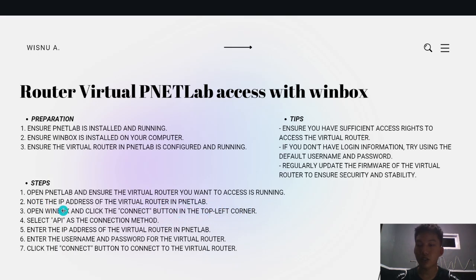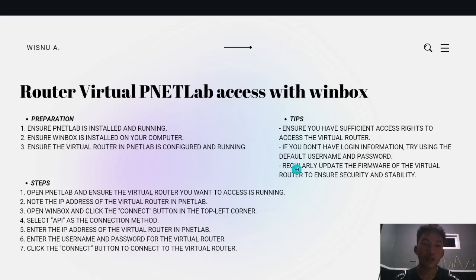Step 2, note the IP address of the virtual router in VNet Lab, then open Winbox and click the connect button in the top left corner, and select API as the connection method. Enter the IP address of the virtual router in VNet Lab, enter the username and password for the virtual router, and last, click the connect button to connect to the virtual router.